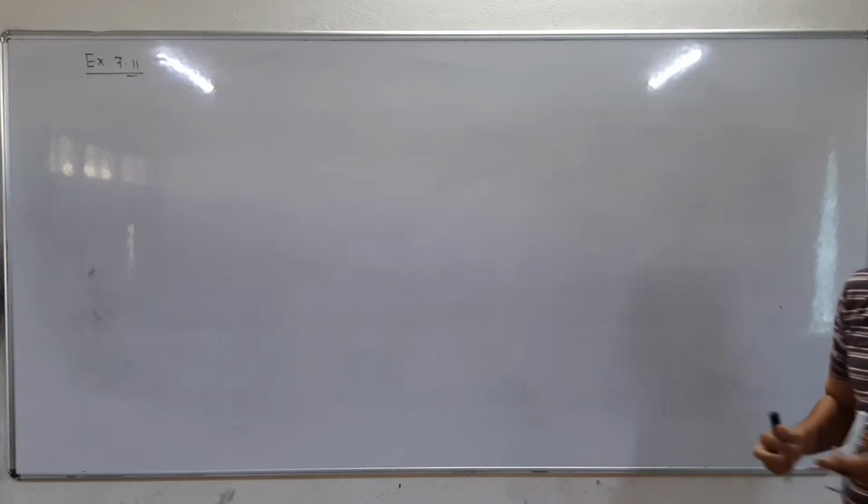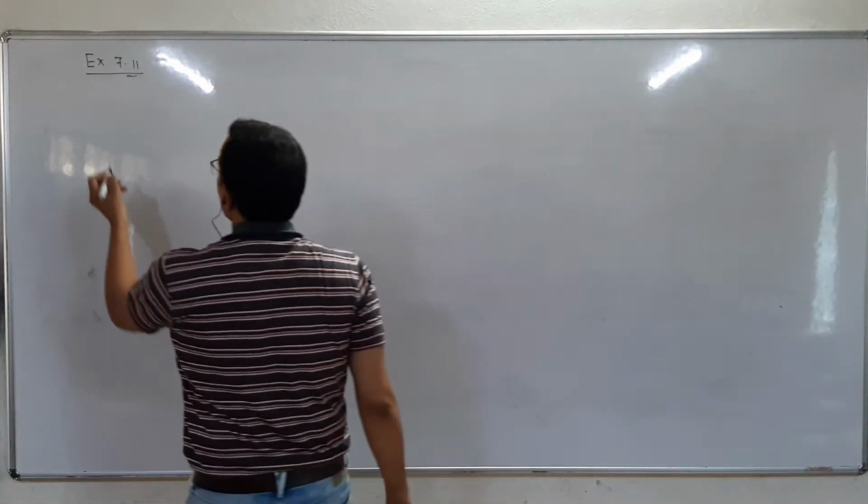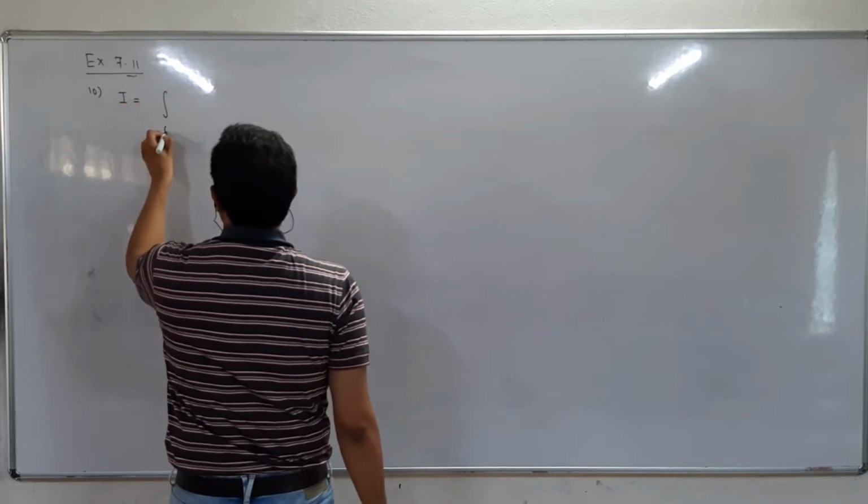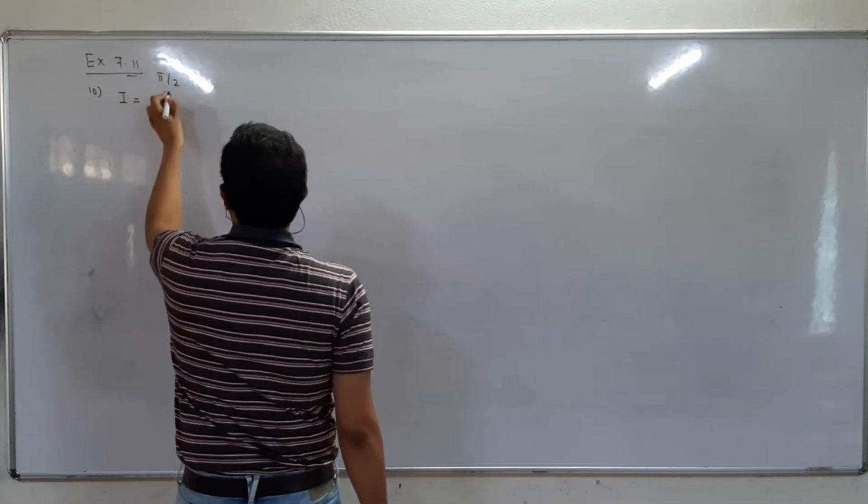The question is integral 0 to pi by 2 of log sin x minus log of sin 2x. Okay, students, question 10, I is equal to integration 0 to pi by